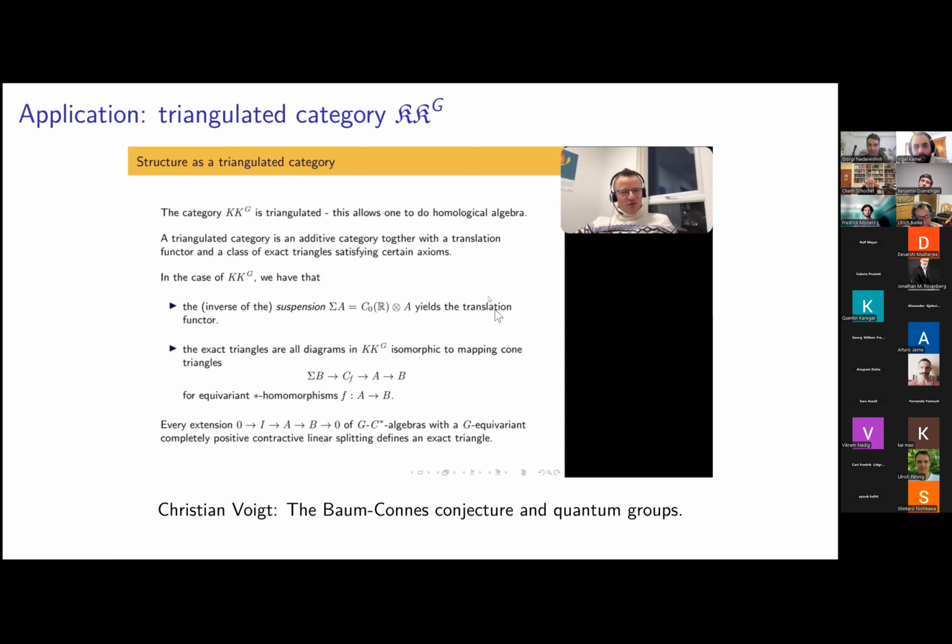These were triangles, this was suspension. Okay, so what next? What am I going to focus on? We know what KKG is, we know what KK is, we know what triangulated categories are. I'm just going to assume it without defining any further. But I wanted to point out here why I like this